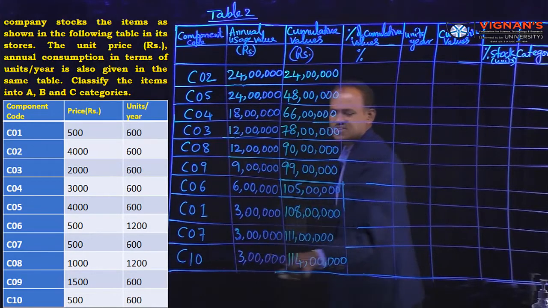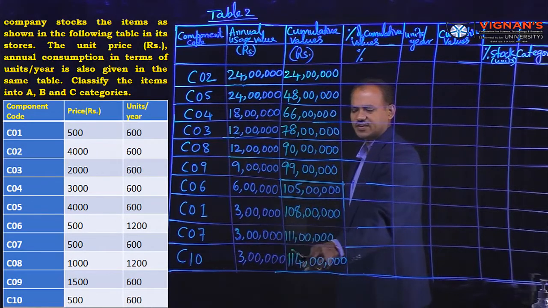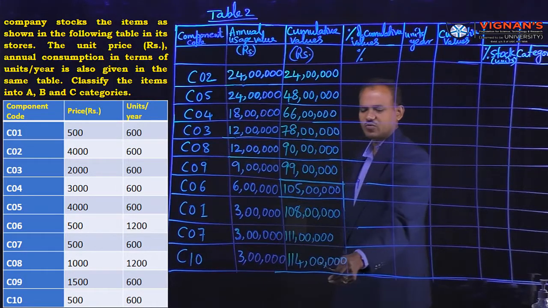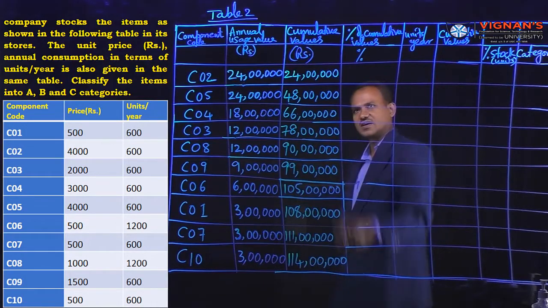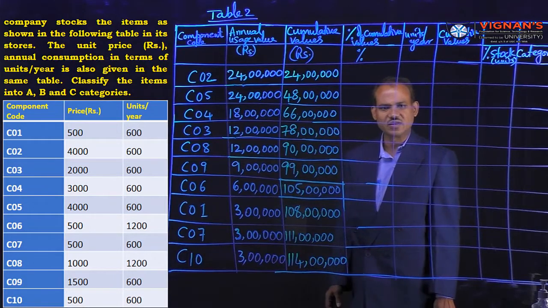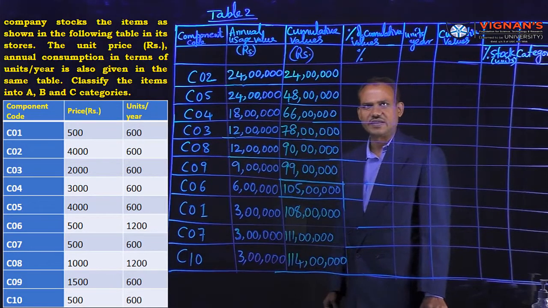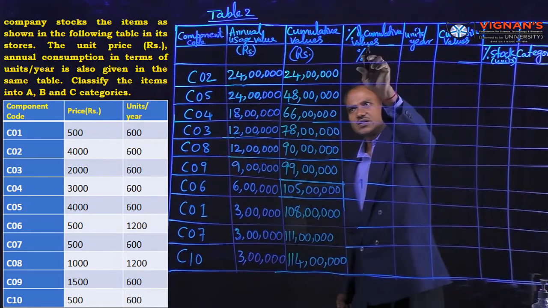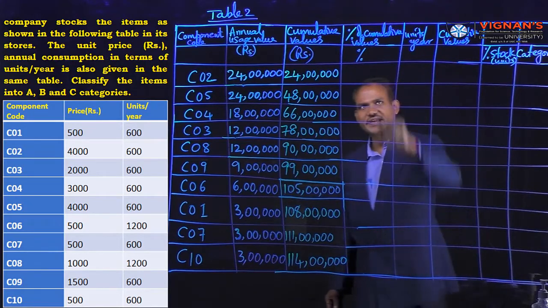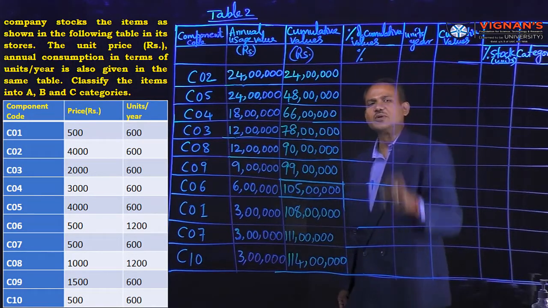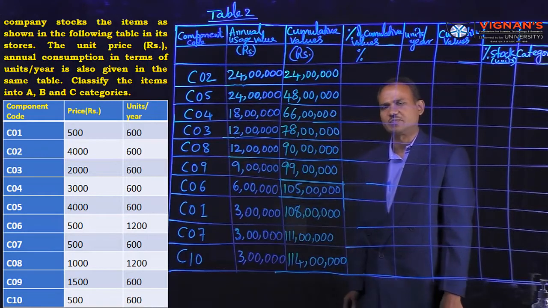Last component C10, 111 plus 3, 114 lakh. So these are the cumulative values for all the components. Next, the fourth column indicates percentage of cumulative values. Percentage means